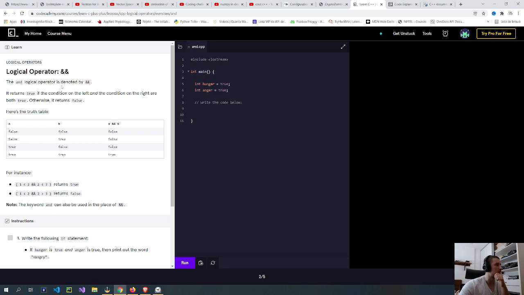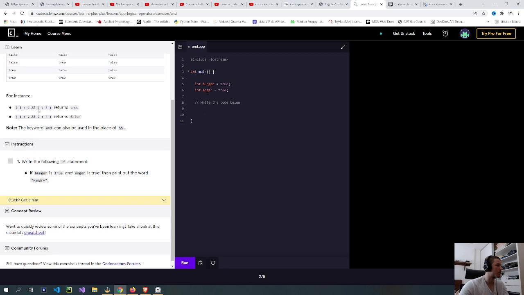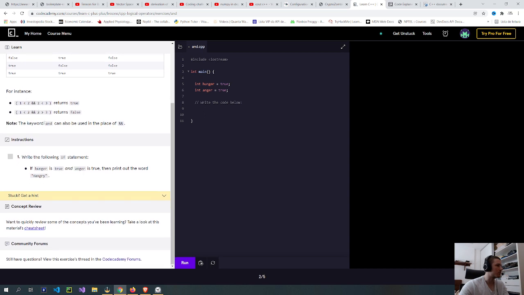The AND logical operator is denoted by two ampersands, this symbol there. It returns true if the condition on the left and the condition on the right are true, otherwise it returns false. For instance, the following if statement returns true if hungry is true,